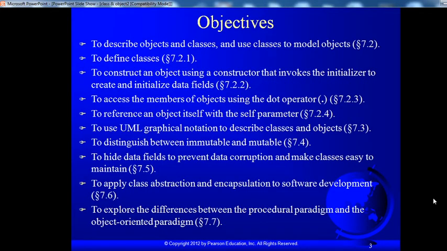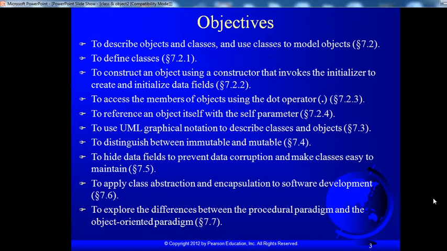The objectives are to describe objects and classes and use classes to model objects, to define classes, to construct objects using a constructor that invokes the initializer to create and initialize data fields, to access the members of an object using the dot operator, and to reference an object itself with the self parameter.